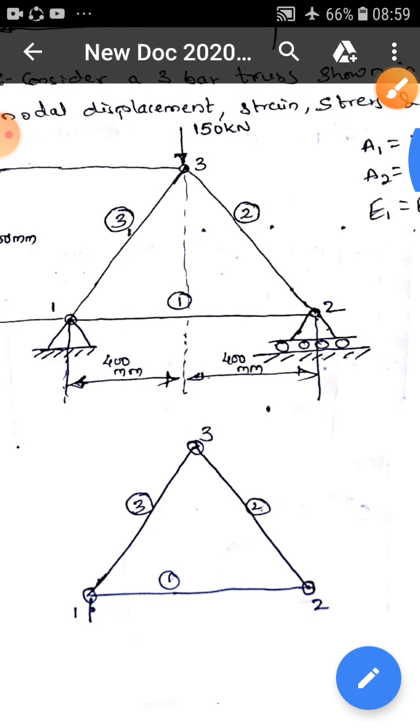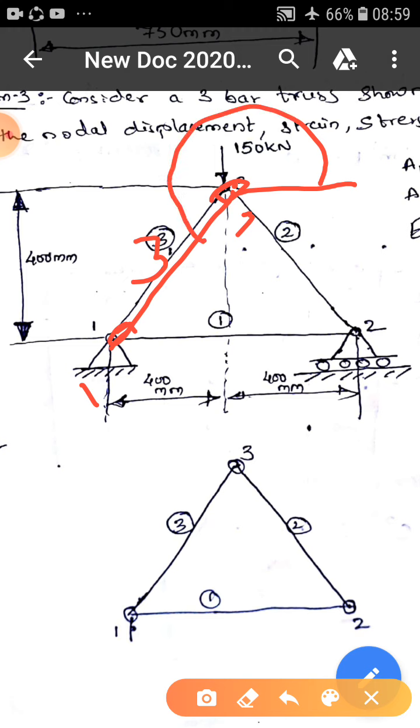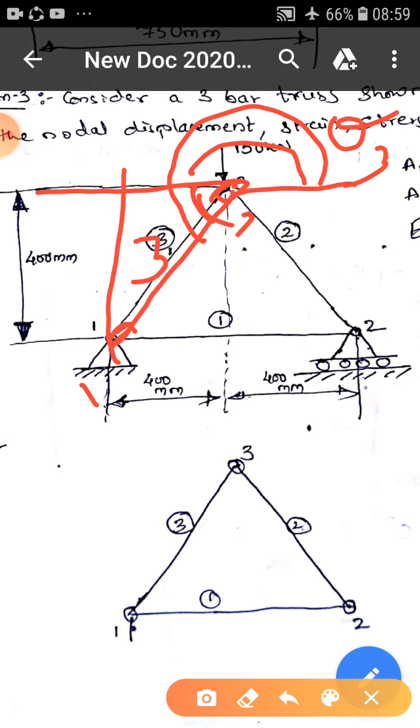Next comes theta 3, that is identifying the angle of element 3. I will take element 3 as this one. Its local node 1 is 3. It is connected from this point to this point. Its local node 1 is 3 and its local node 2 is 1. Now I determine its angle by measuring from the positive axis. This is the angle theta 3. If you determine this angle plus 180 degrees, you can get theta 3.